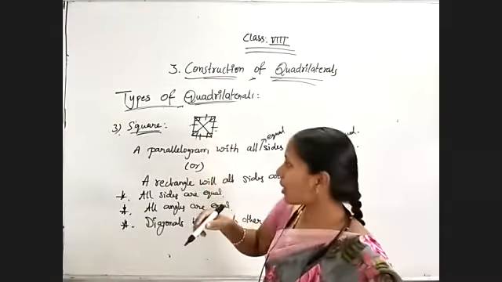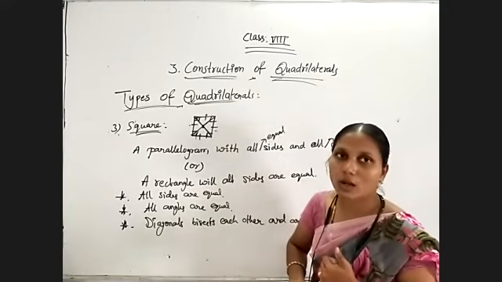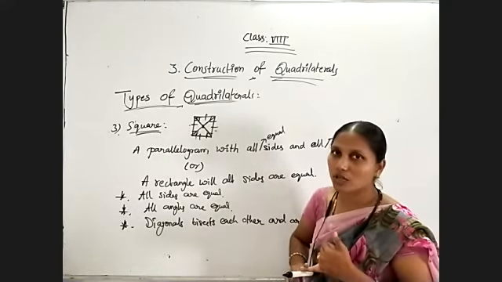And coming to the third property, the sum of adjacent angles is equal to 180 degrees. So 90 plus 90, 180 degrees. And coming to diagonals, they bisect each other. So diagonals are equal and bisecting each other. So every property is followed by a square. That's why all squares are parallelograms. So all rectangles are parallelograms, but all parallelograms are not rectangles. Same way, all squares are parallelograms, but each parallelogram is not a square. Remember this.